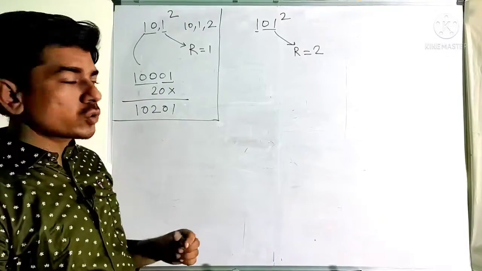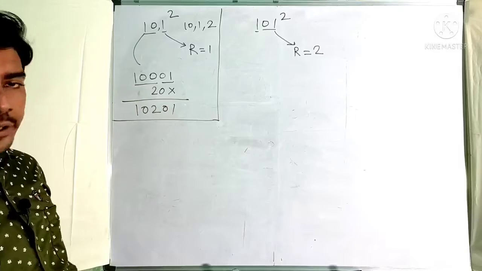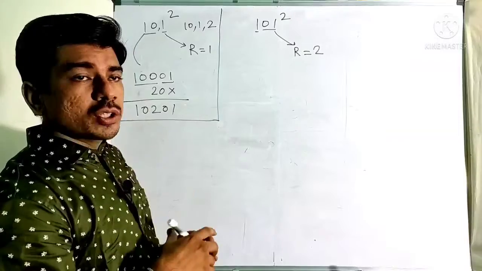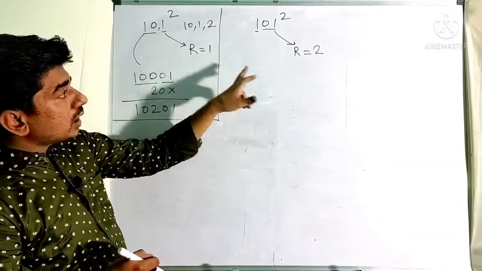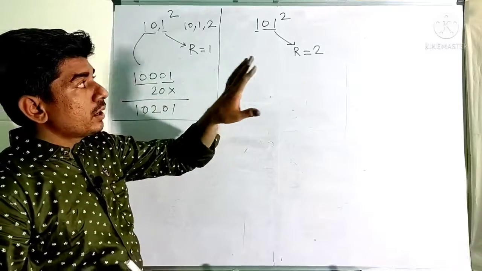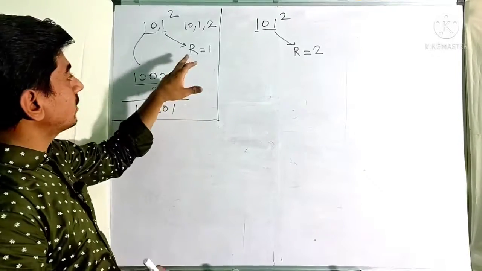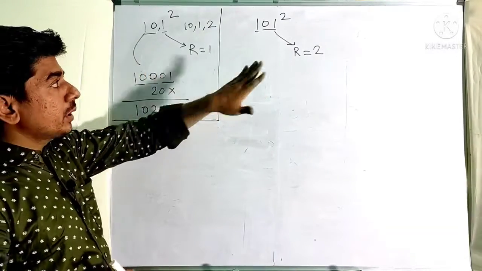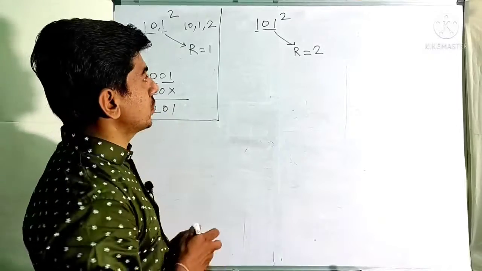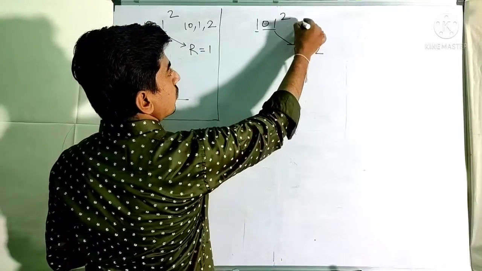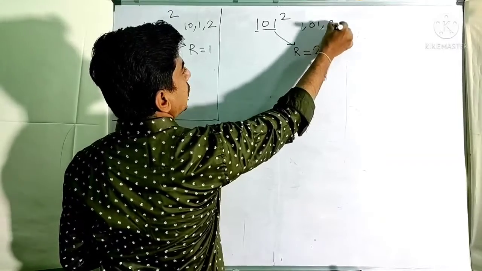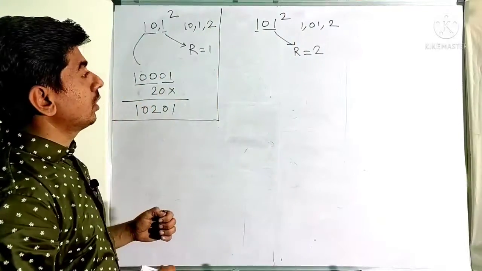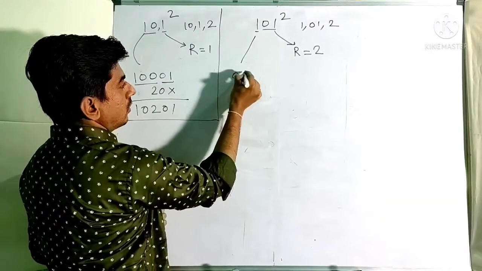Let us check by this method also whether we get the same result or different. The method again will be the same. No change in the method. The change you are seeing here is that now the right part has 2 digits. Here the left part had 2 digits, but here the right part has 2 digits. Again here the parts are 1, 0, 1 and 2. Here it was 10, 1, 2. Here it is 1, 01, 2. Take the square of 1, write it as 01.